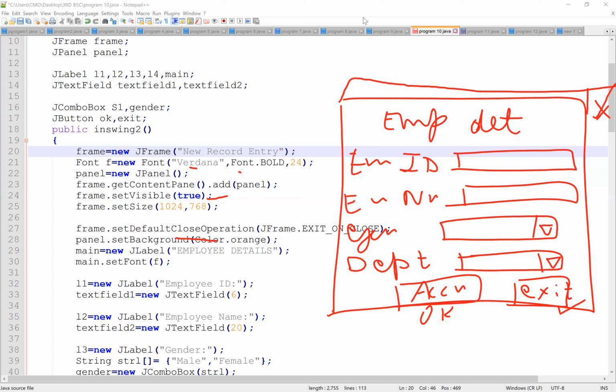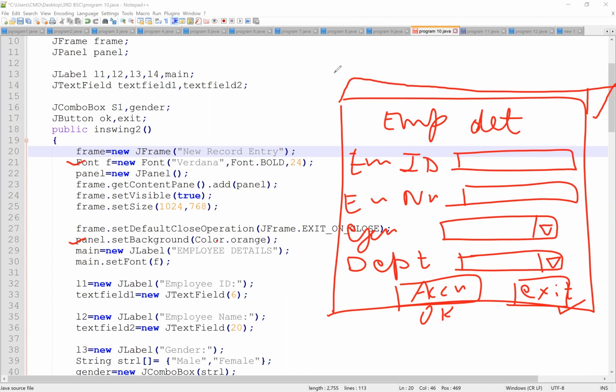Next we are setting our panel background color. We are setting that to orange. It's not necessary to give color. It makes your applet or the GUI more attractive. That's why we are using this background and this font as well. If you miss these two lines, you won't get any errors. They are the thing that makes your GUI special or interactive. That's why we are using these lines.